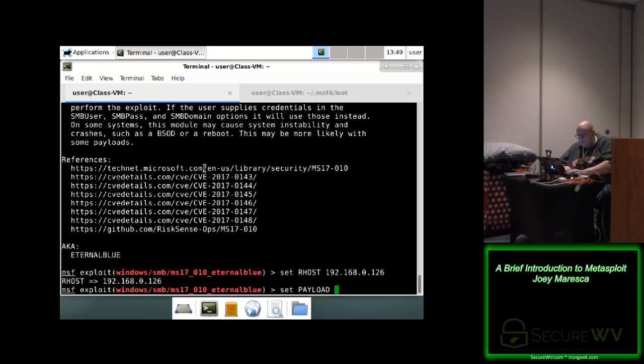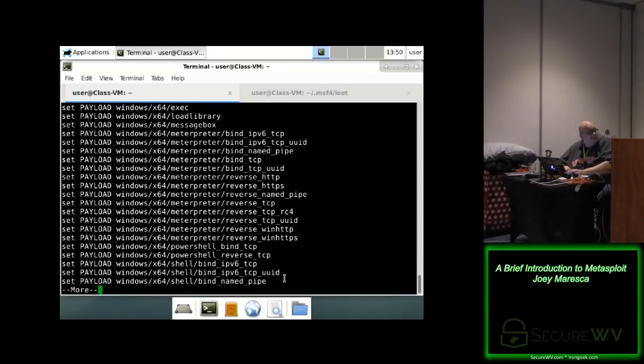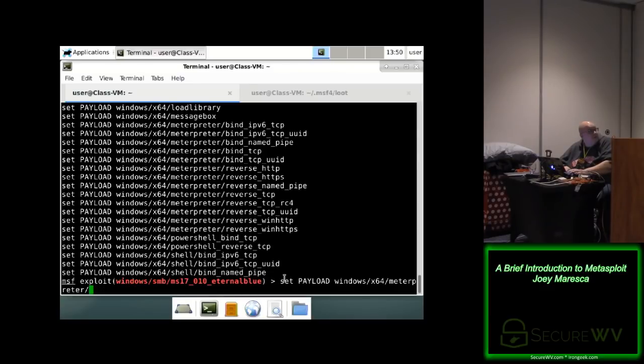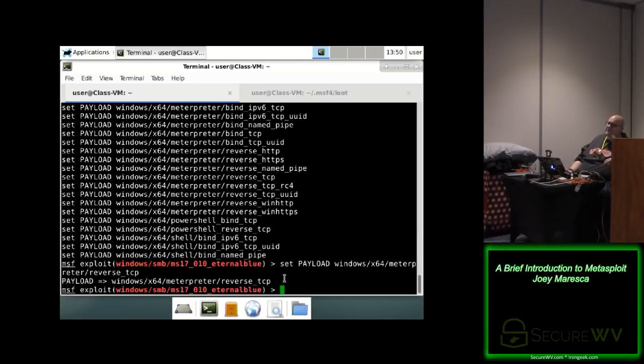RHOST to six. I'll go ahead and set the payload. I'm 99% certain this is running x64, so we'll try an x86 payload. Actually, there are two thought processes behind this. This exploit only works on x64, so it's not a big deal. But you'll get,